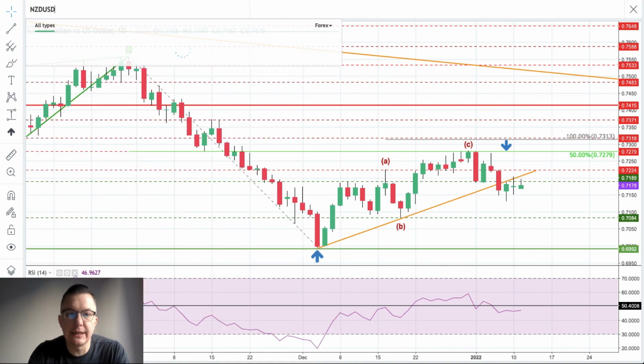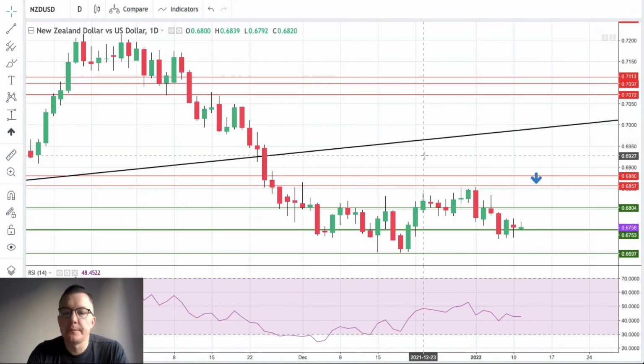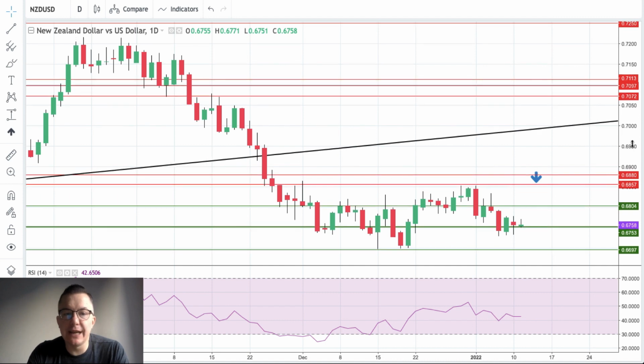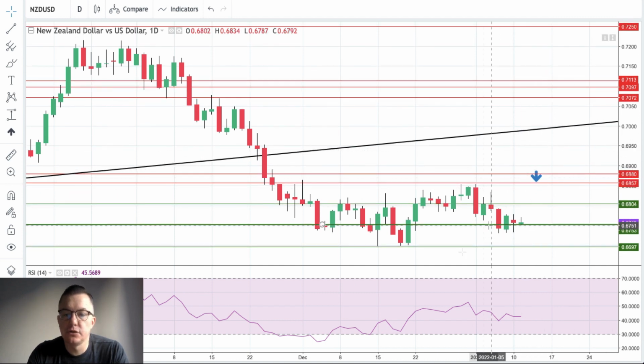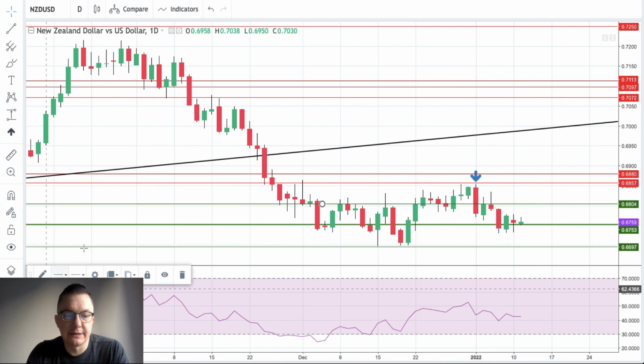Let's take a look at the New Zealand dollar. The situation is kind of different than on the Australian dollar because we bounced, I don't know, maybe 11% here, maybe 15% or something like this. However, this is still a level of key importance, 6,857, 6,880. Those two levels are, of course, the supply zone, two technical resistance levels, and the market has been capped at this level,